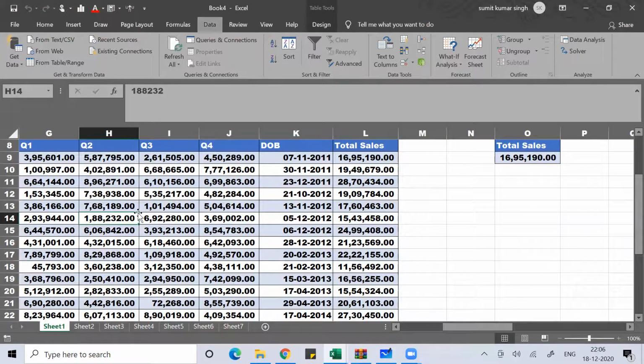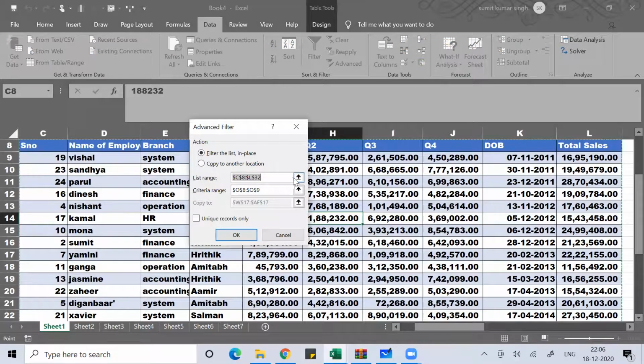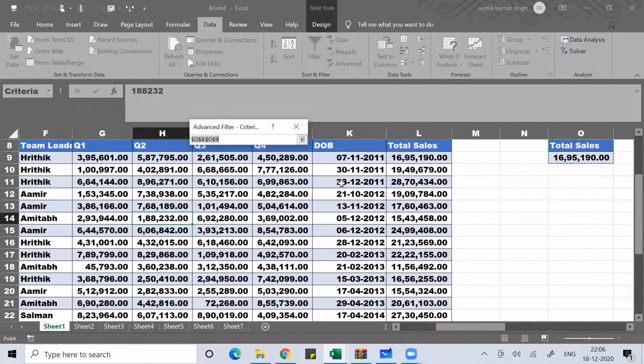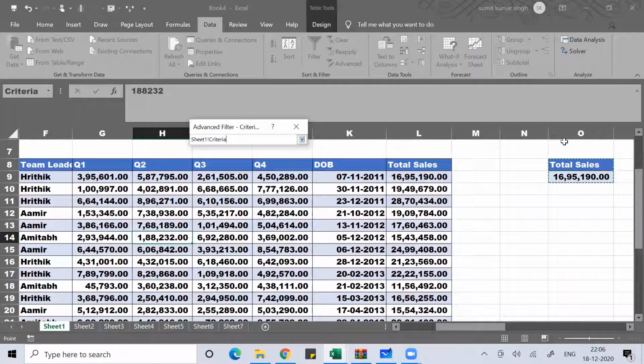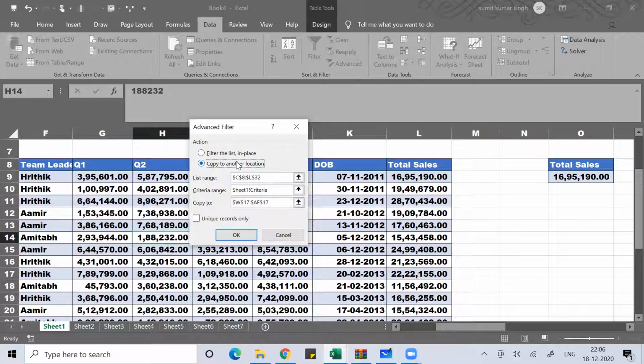So you can put one Alt A Q list. So this is the table. I think this completely selected criteria range. So this is your criteria range. Copy to another location.